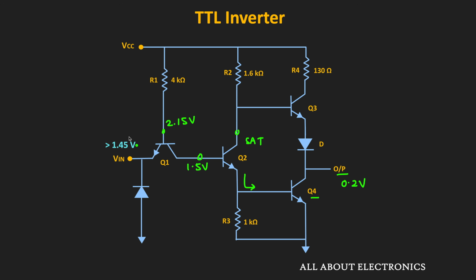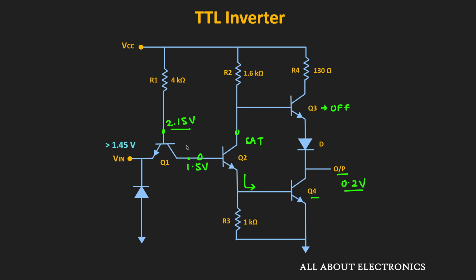So now around at this voltage, both Q2 and Q4 are operating in the saturation, and in this condition, the Q3 will go in the off state. And here, now the output voltage is close to 0.2 volt. So now, if we further increase the input voltage, then as we have seen, the voltage at the base of the Q1 will not go beyond the 2.15 volt. So we can say that the voltage at the base of the Q1 is restricted to around 2.1 to 2.15